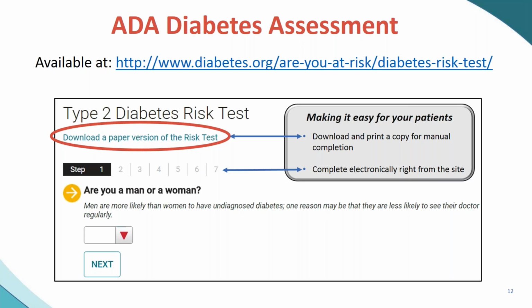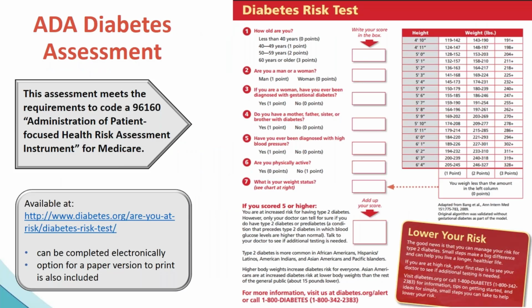The one thing I'll say is that if you do the online version, when you get to the last step, it allows you to print out the patient's score, but unfortunately it doesn't give the answers to all the questions. So even though you know how they're scored, you're not going to know whether the score was related to their BMI or their family history or whatever. So just a word of caution when you use it, which is probably just as well if you enter it directly into your